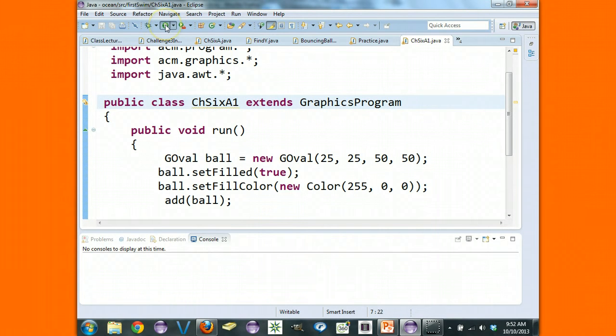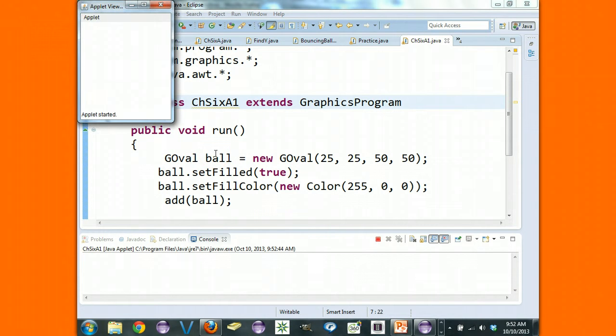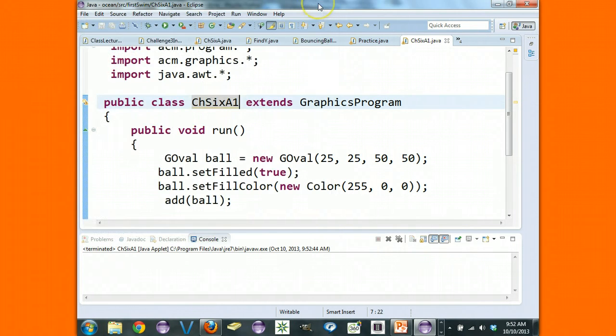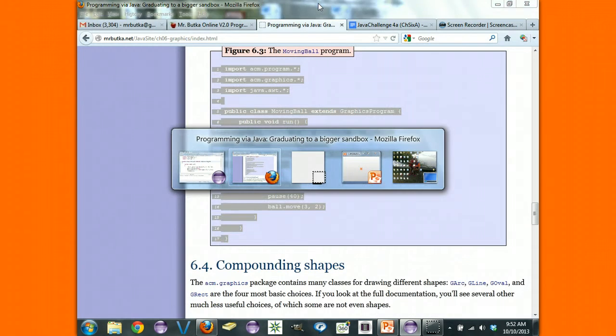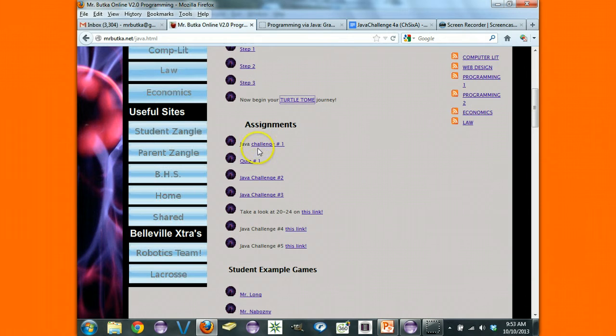If I run this program, it does this. It opens up in a very tiny window, and the ball moves. And it never changes color. The challenge for me is to make sure that it opens up in a 500 by 500 window. It says see challenge 3 for how. So if I go back to challenge 3,